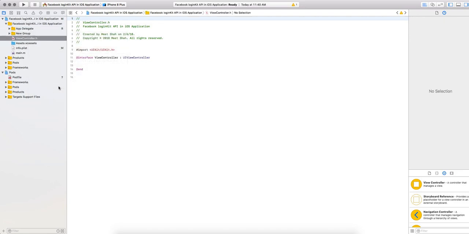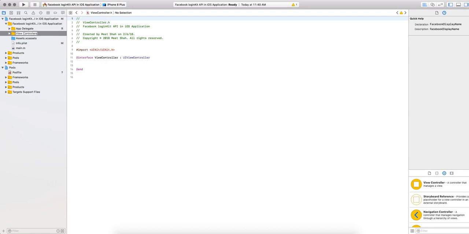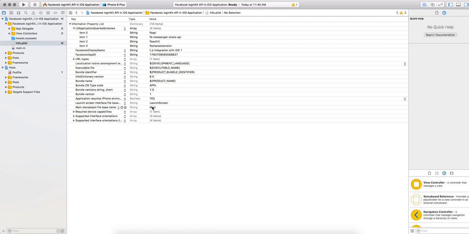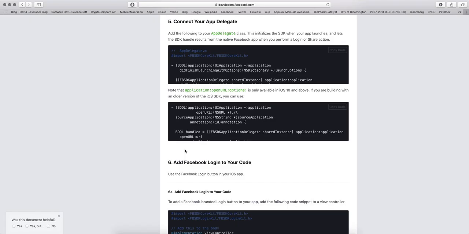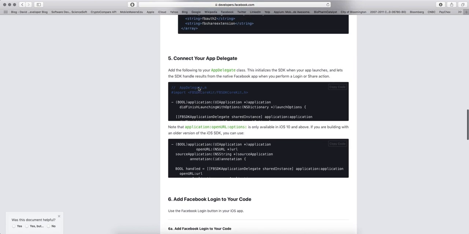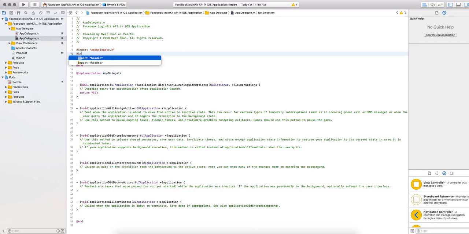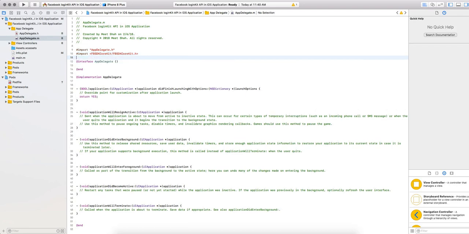And I want to do new controllers. So back to the info.plist, since we deleted our main storyboard, I want to remove this from here. And now let's go back to app delegate and configure what Facebook basically suggested. So let's import the FB core kit header file,